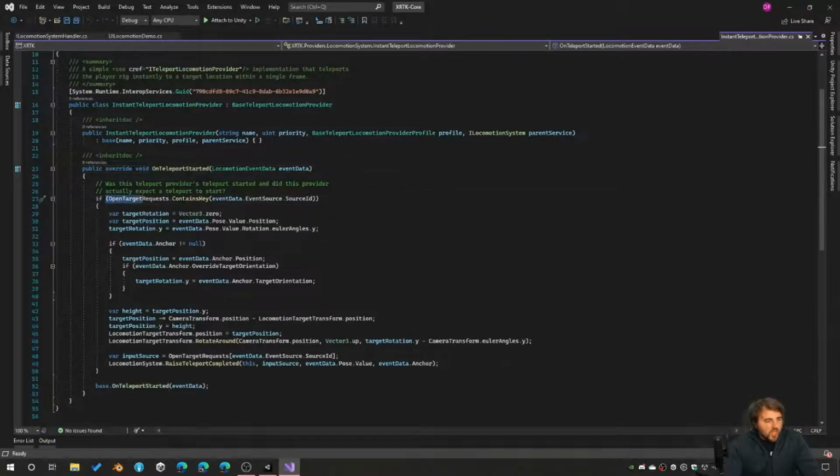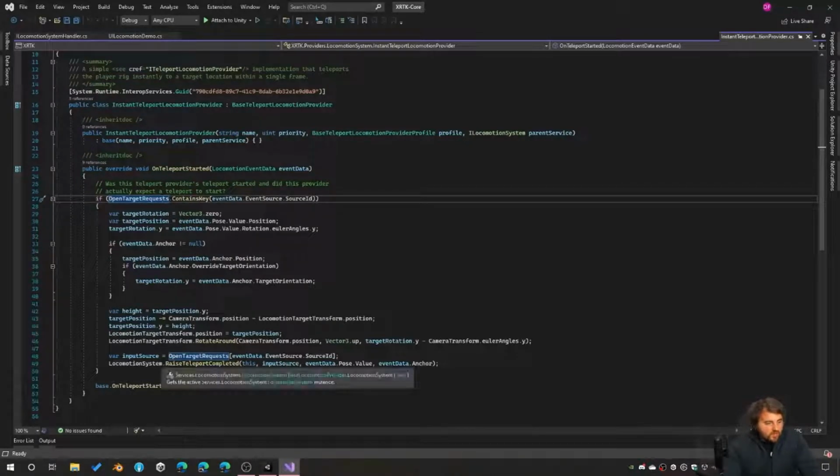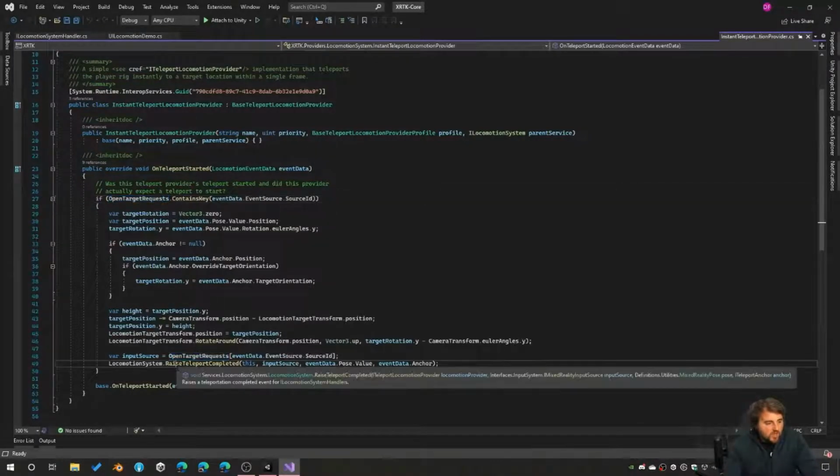We again check if we have an open request. Did we raise a request for a teleport target? If so, then we just move the camera to that position